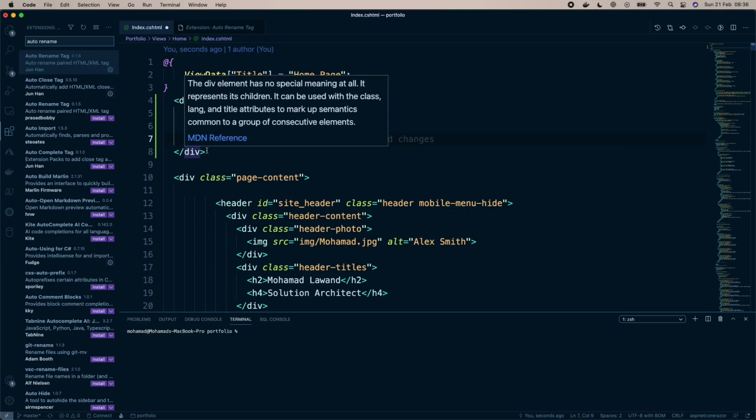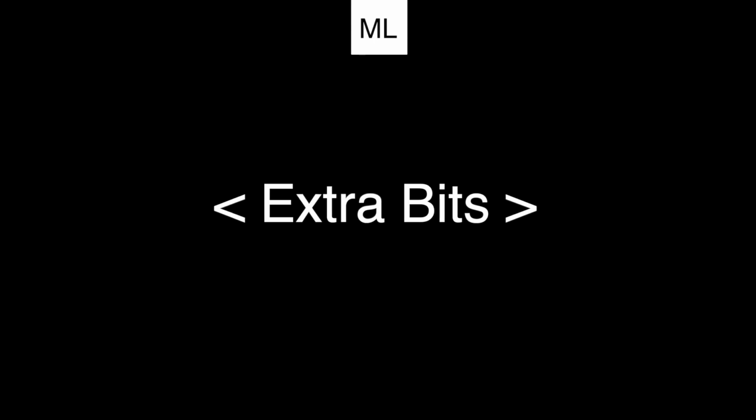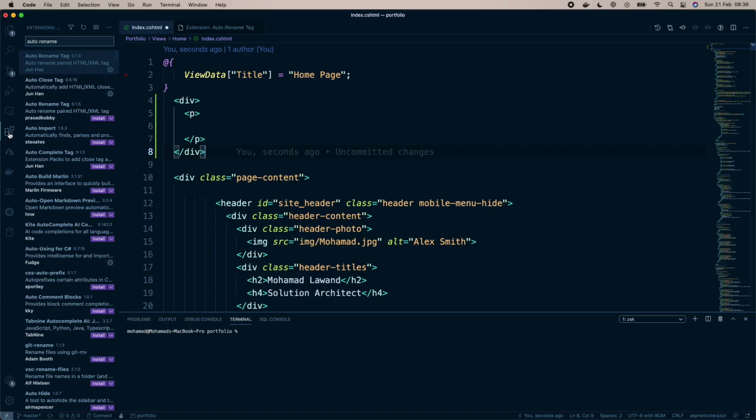Perfect, it's automatically been updated. So again, these are simple extensions, but they're very powerful, and they will automatically enhance your development process. Perfect. So some of the extra bits that I want to cover today are two related to Git and one related to JSON. So if you really use Git as your source code repository,